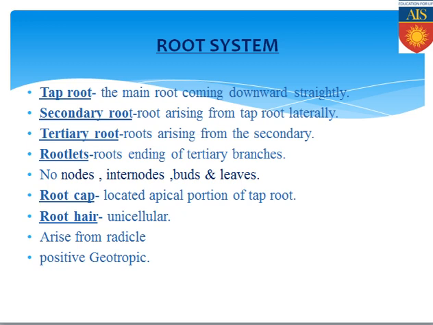Always keep in mind that roots arise from their precursor form, the radicle, because when the seed is germinating, first the radicle is produced from the seed, and after that the root arises from the radicle. The root of any plant is positively geotropic, because it goes towards the center of the earth, always following the gravitational pull. So this is regarding the root system.